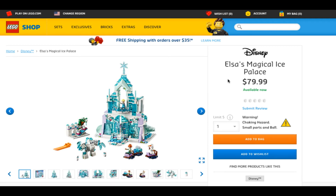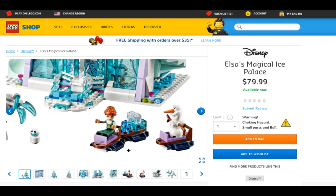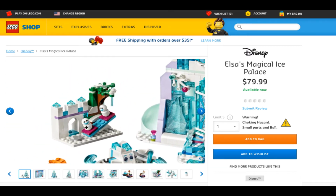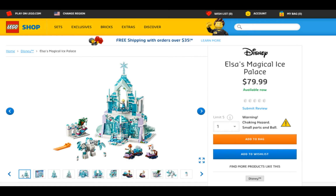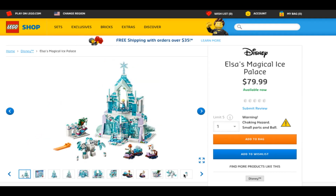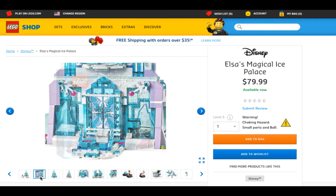I do like this castle itself, the elements, the crystals in it. I like that they're using a lot of those transparent pieces. They're very, very hard to find. And look at the snowman right there, or whatever that is. It does look like a snowman. It is a very female line we are actually talking about, but it does look amazing. As you can see, the details here are amazing, plus there are those miniature snowmen, which are actually awesome looking. I like this. But the price is a little steep here,